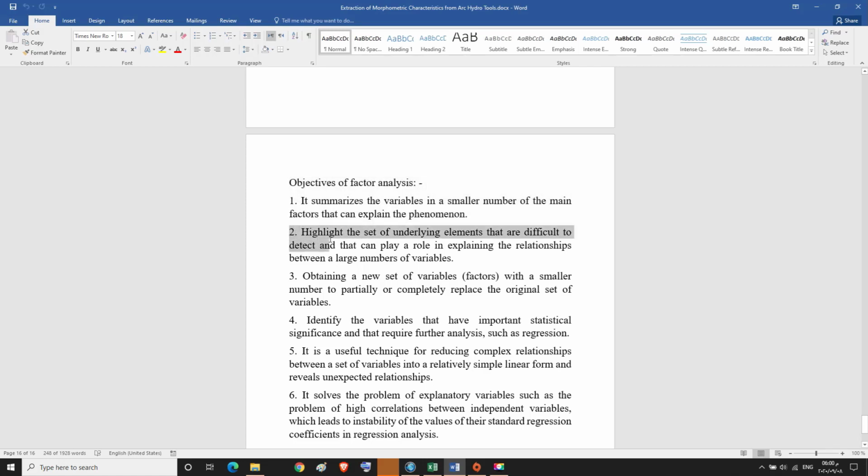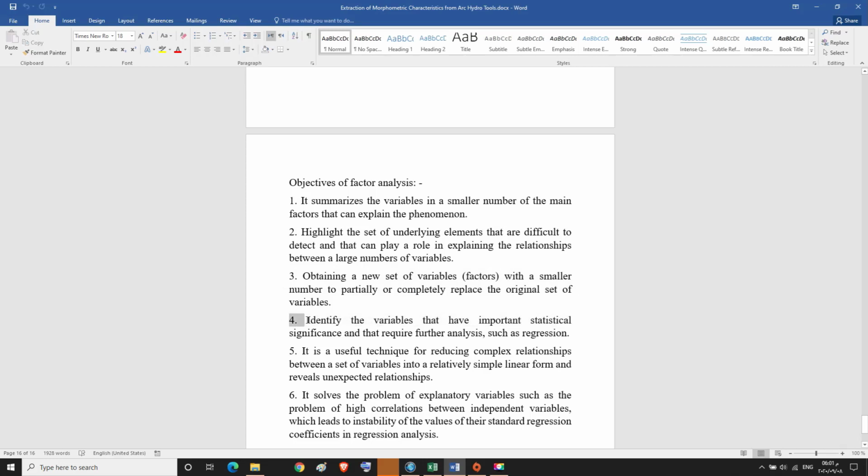Highlight the set of underlying elements that are difficult to detect and that can play a role in explaining the relationship between a large number of variables. 3. Obtaining a new set of variables, factors, with a smaller number to partially or completely replace the original set of variables.